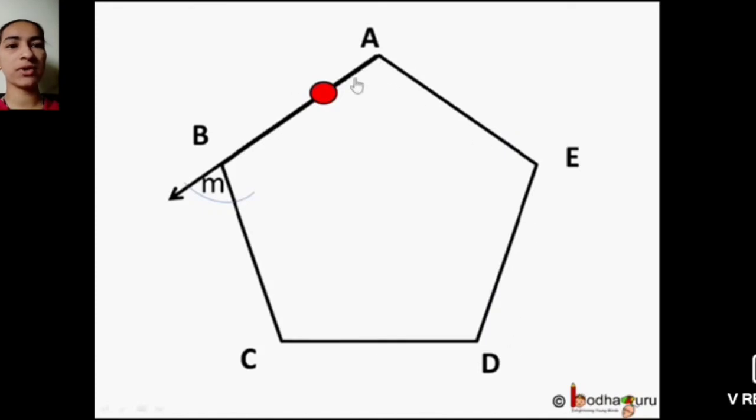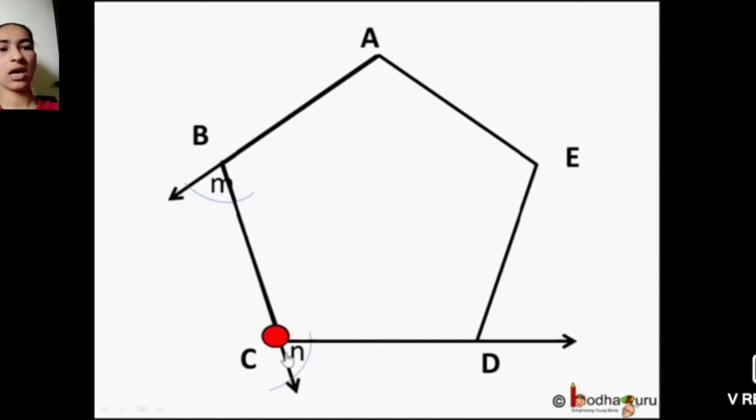Suppose now you can see this figure A, B, C, D, E. This is a pentagon, and suppose I am standing on the red mark. If I have to cover the path along the outer line of this, if I go from A to B, what will happen? I have to go to C, so what do I have to do? I have to turn. Yes, I will turn at B to go to C. Now I am here, and I will complete one full turn.